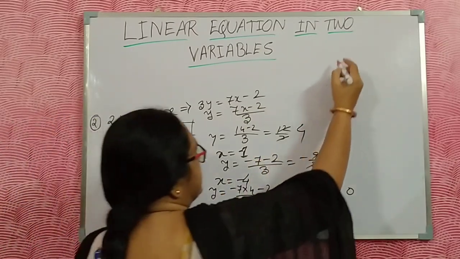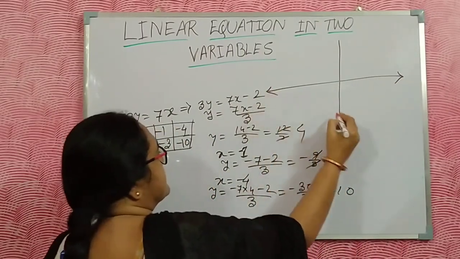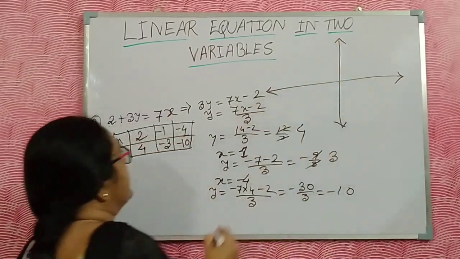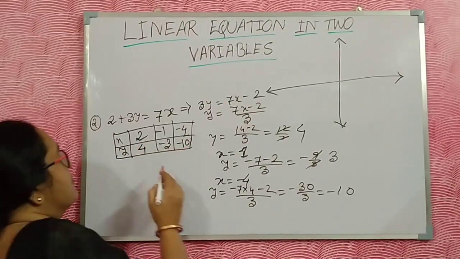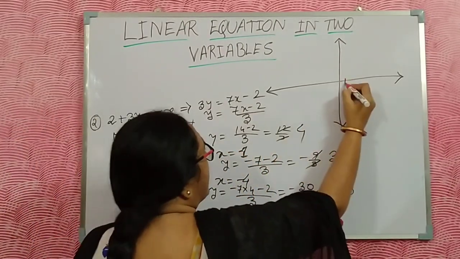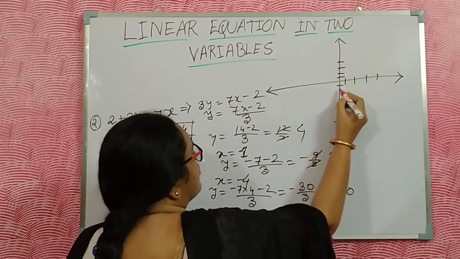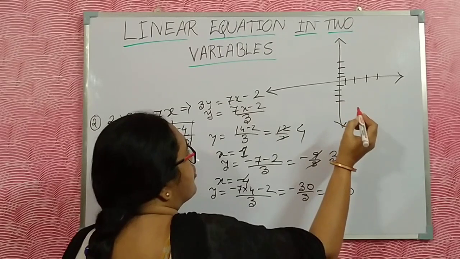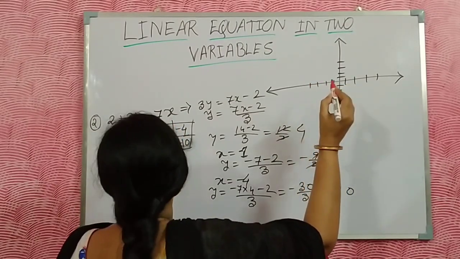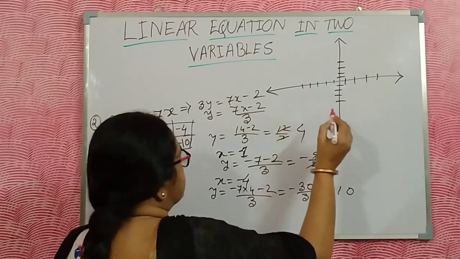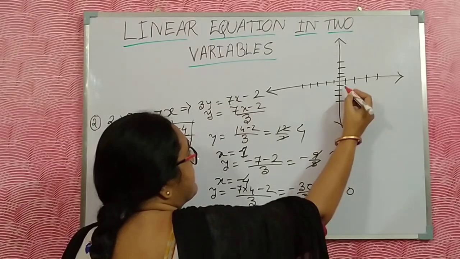Here I draw the coordinate axes. I draw the graph here. Now this you have to do up to minus 10. Here 1, 2, 3, 4, and here 1, 2, 3, 4 also. Then minus 1, minus 2, minus 3, minus 4. Yes, and here in the negative direction, y is negative up to minus 10.